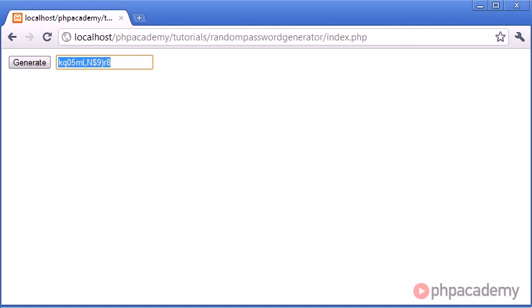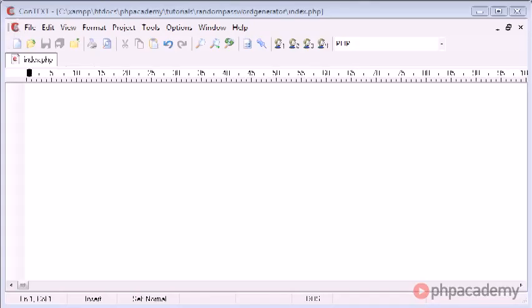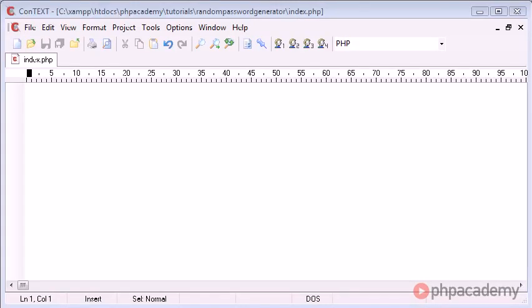So let's go ahead and set up a blank document. We only need one page, and that's index.php, and then we can start coding out the HTML first, then we'll go ahead and do the PHP. Okay, so we're over